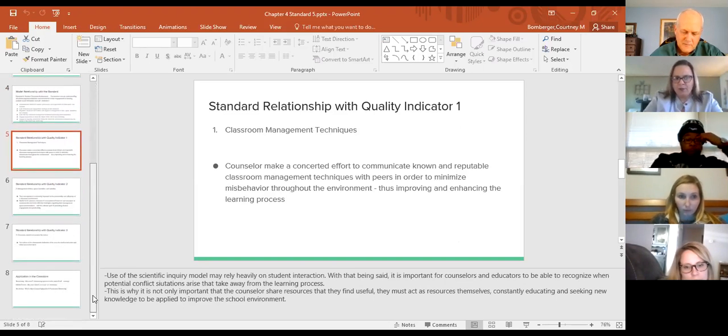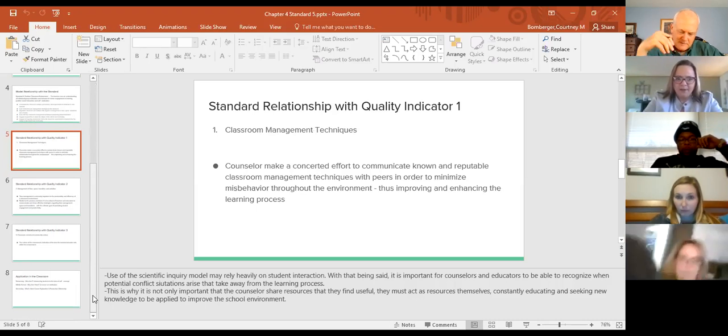Standard relationship with quality 1 indicator. Classroom management techniques. It's been a topic tonight. Counselors make a concrete effort to communicate known and reputable classroom management techniques with peers in order to minimize misbehavior throughout the class environment. Use of the scientific